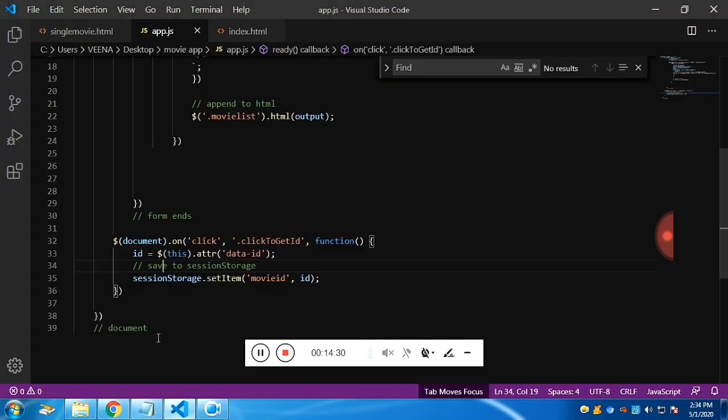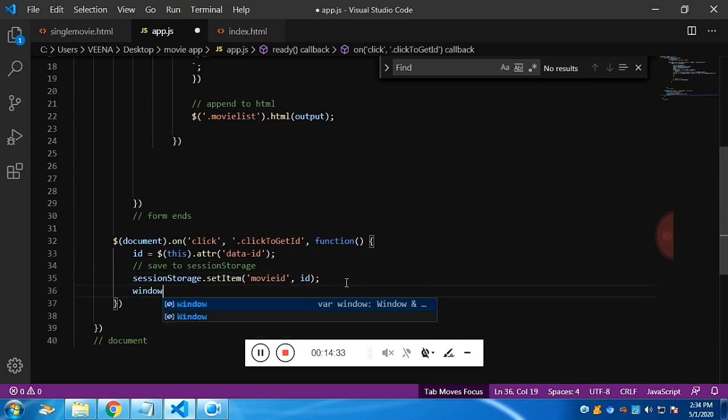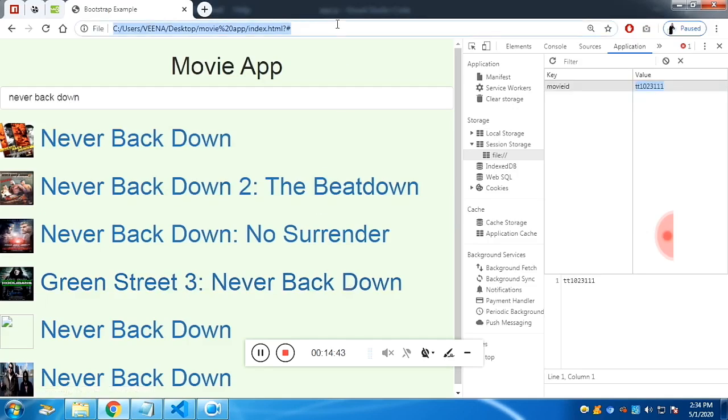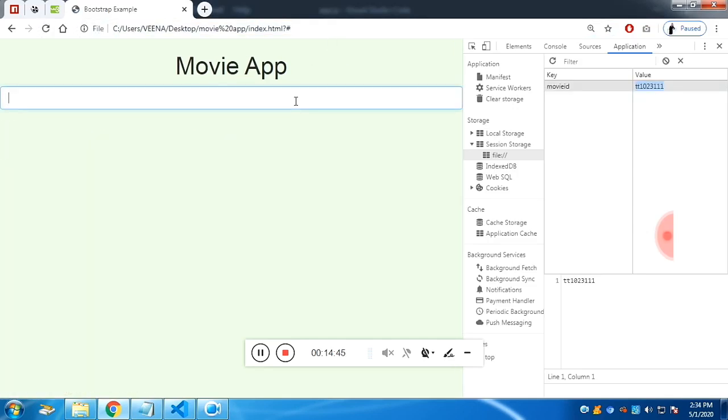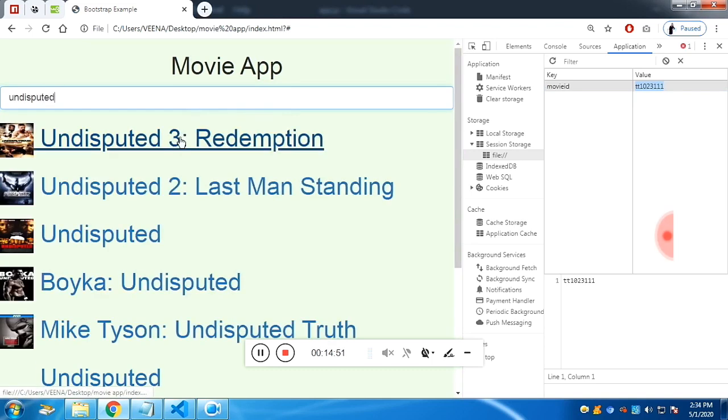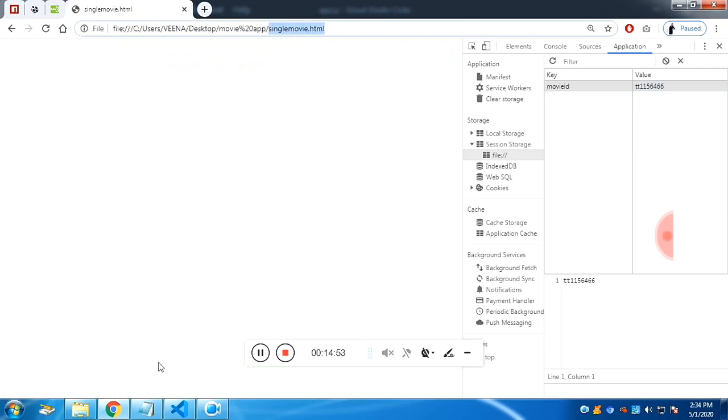For that, call window.location equal to the page name. Here our page name is singlemovie.html, which is in the first tab of Visual Studio Code. So if you refresh, type something in the search field and click enter, click on the link, it will get it.